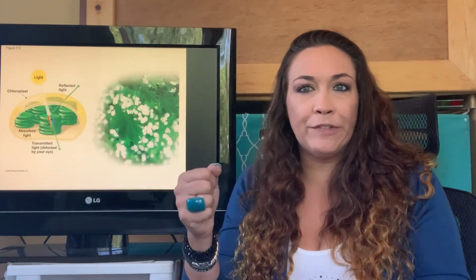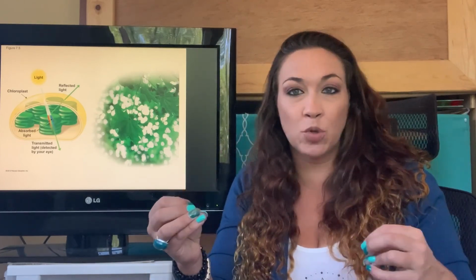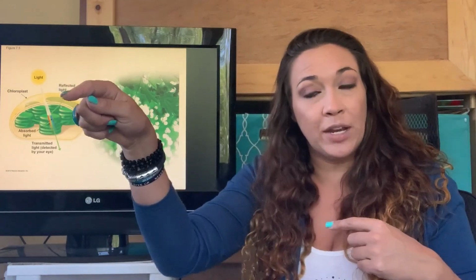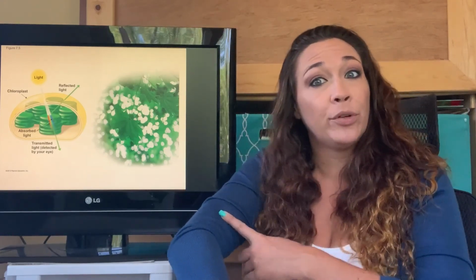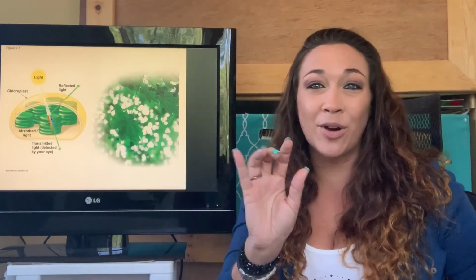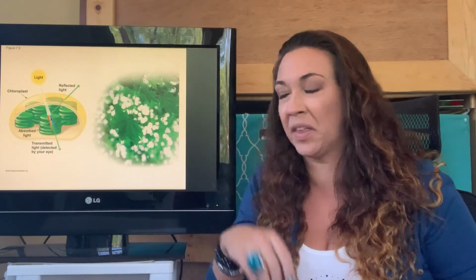Okay, so we did mention briefly how chloroplast is what makes the plant green. And that's because chloroplast has a pigment that is really good at absorbing every single color except green. It actually reflects green. That's why it appears to be green. That's in fact how we see all colors. So this appears blue right now because it's absorbing all the colors except blue, so it's reflecting off the blue. That's kind of the same thing with chloroplast. So it absorbs all the visible light spectrum, but it's not really good at absorbing green, so it reflects off the green. It absorbs all the reds and the yellows and the blues and all that good stuff. Okay, so that's why we can see it as green.